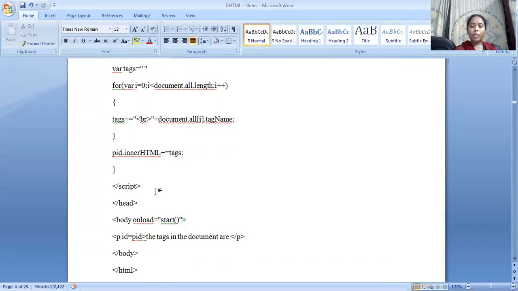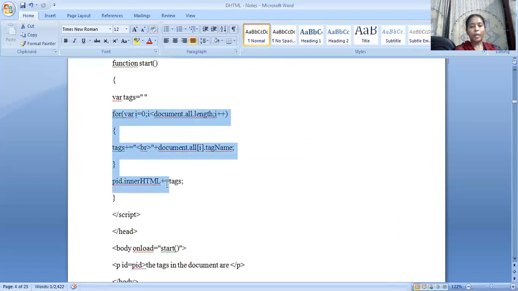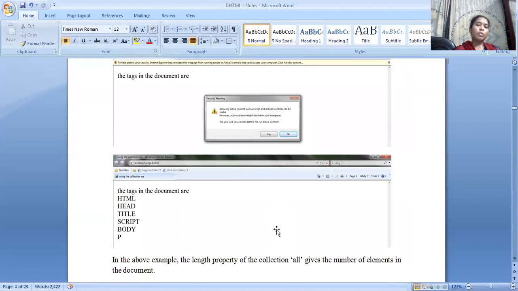When the function start is called, automatically it calculates the length and displays the tag name according to the inner HTML, with one after the other break. So all the tags I have used in this program will be displayed in order. Let us see the output. It displays like this. When I click on yes, the different tags will be displayed one after the other.